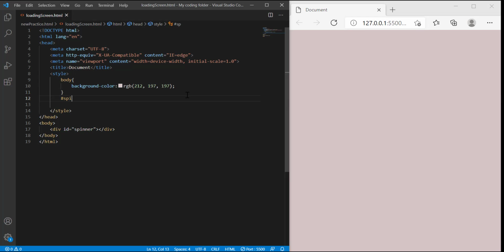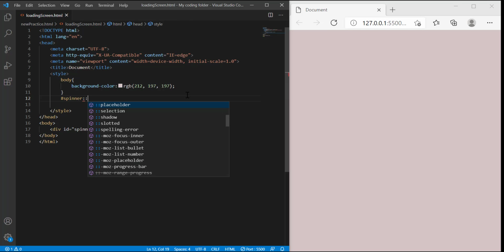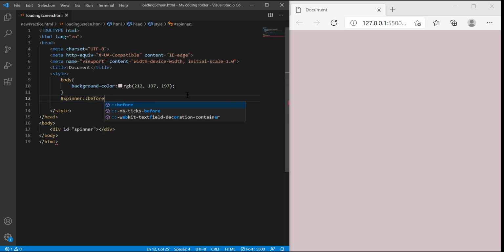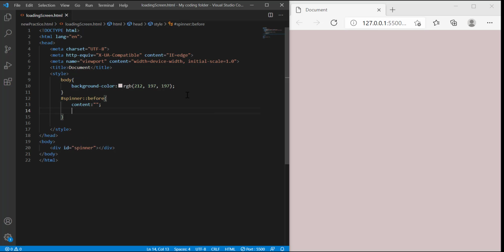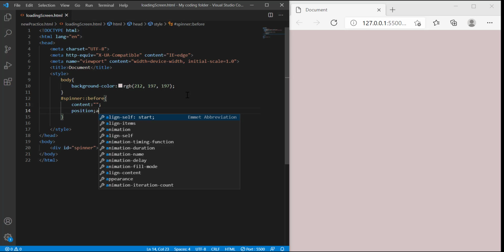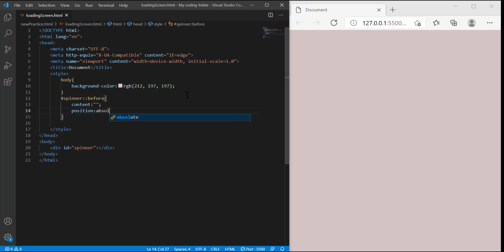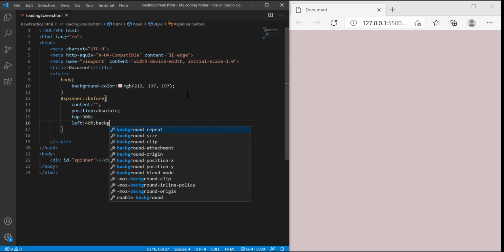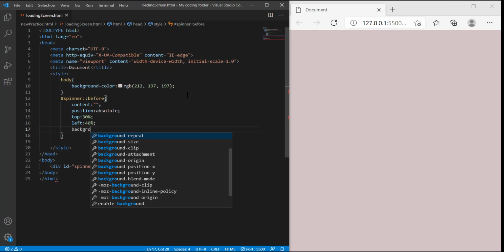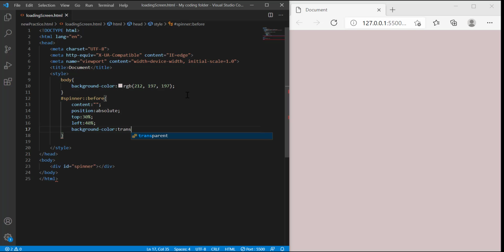And now I'm going to use some pseudo elements. So I'm going to type hashtag spinner, 2 colons, and then the word before. And the content will be set to an empty string. Position absolute, so we can position it any way we want it to be positioned. And then I'll do top 30%, left 40%, background color, if I can spell it correctly, transparent,